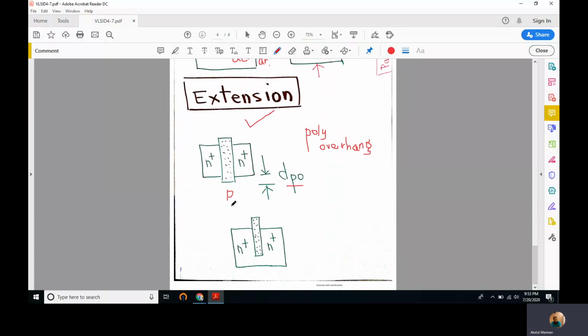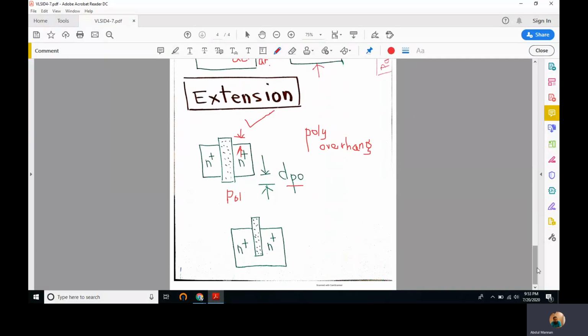Suppose this is not the case, if we somehow don't maintain this DPO from both sides, from top and from bottom, what can be the disadvantage or what can go wrong with this?